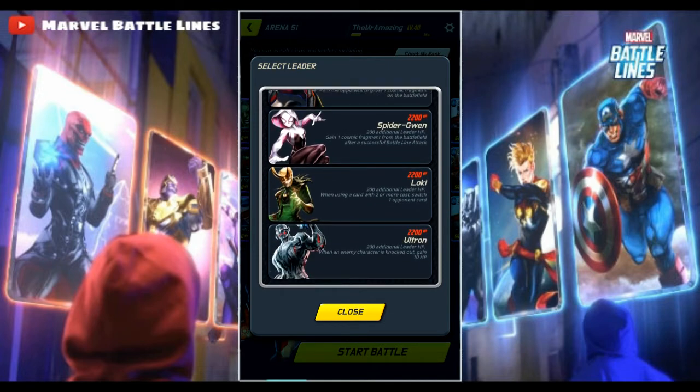Gain 1 cosmic, this is Spider-Gwen, gain 1 cosmic fragment from the battlefield after a successful battle line attack. I like that because there's not many bonuses for making an attack except for Captain Marvel, who adds 100 attack. I wouldn't probably use her too much because, again, most of the time you one-shot everybody, but it could be